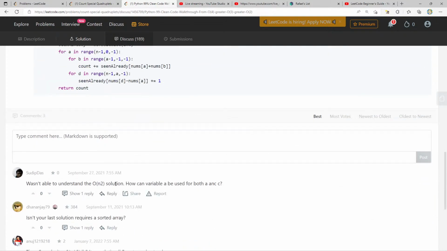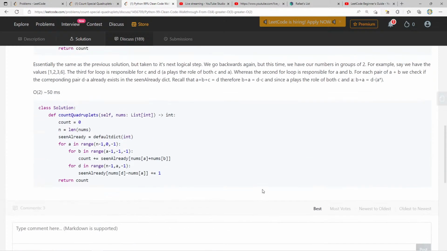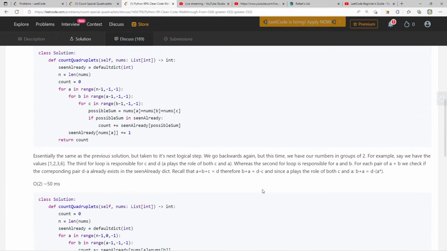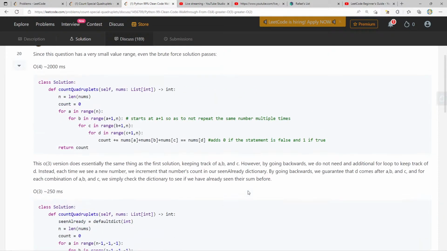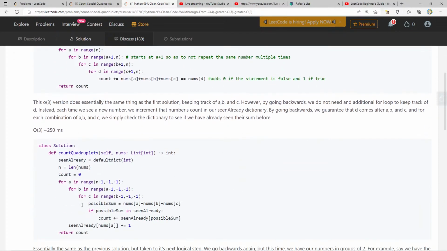Wasn't able to understand the O(n)² solution. How can variable A be used for both A and C? Yeah, it's hard to just read this and immediately understand what they're doing. I guess I feel like the O of n to the 3 makes more sense, but this seen